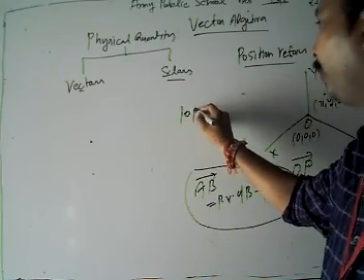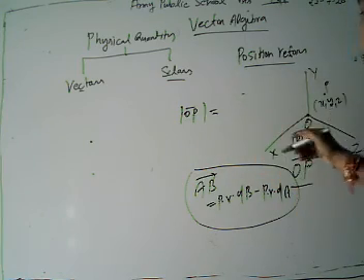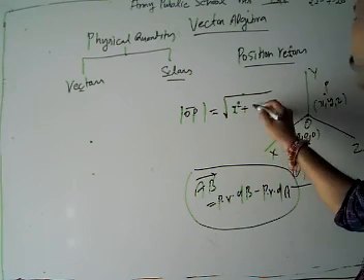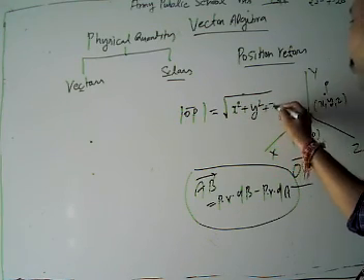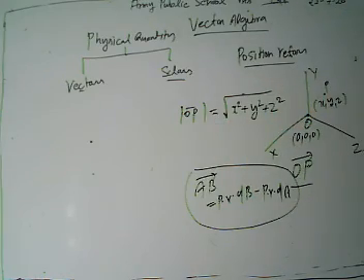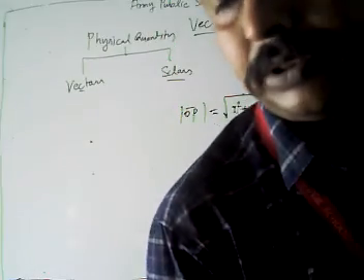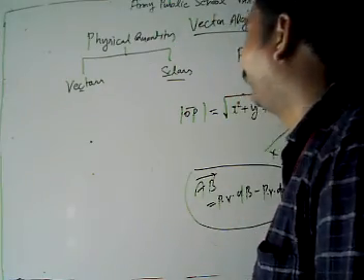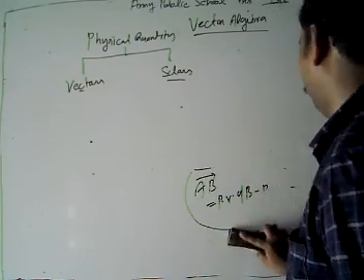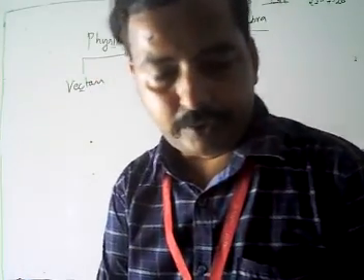To get the magnitude of OP, recall class 11. It is the square root of (x minus 0) whole squared, meaning x squared, plus (y minus 0) whole squared, y squared, plus (z minus 0) squared, z squared. So the magnitude of vector OP is given by the square root of x squared plus y squared plus z squared. Till now we have discussed physical quantities, vectors and scalars, and the term position vector. Now we have knowledge of position vectors.